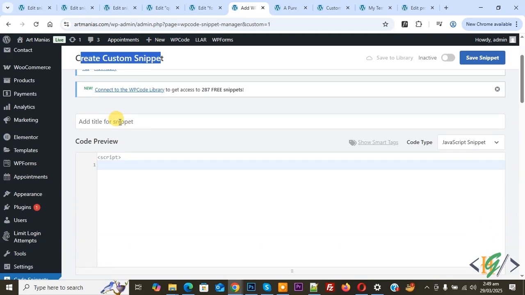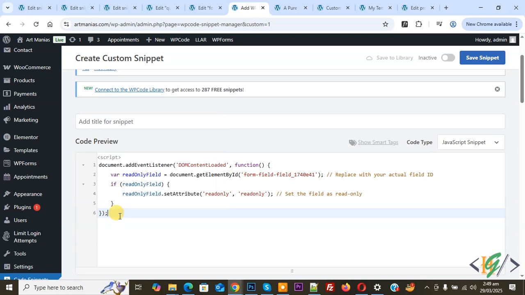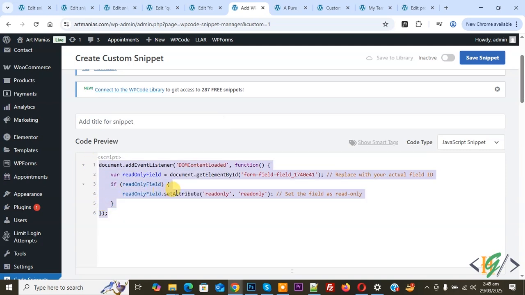And then you can add title. Then you see code preview. Now paste code. And you will find this code in video description or in comment section. Now you see we are going to set attribute read only. And then you see